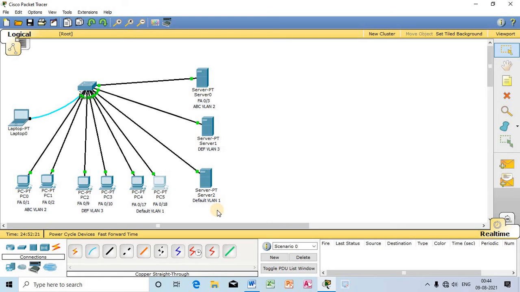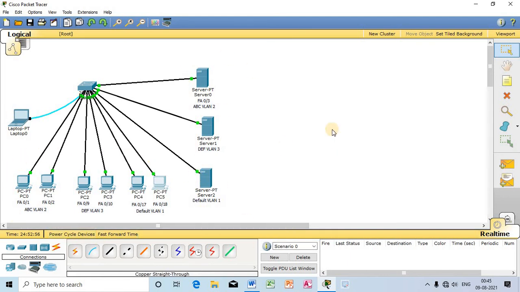So that is why it has been possible that all these computers are allotted the same IP address, and the system has not restricted us from doing so. If you had not separated these 3 VLANs, that would not have been possible. So okay, we have understood how it is possible to assign IP addresses to the